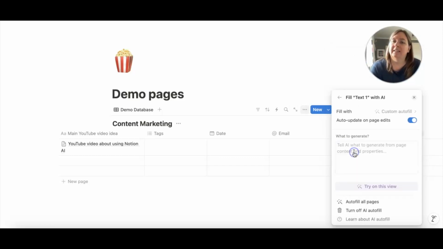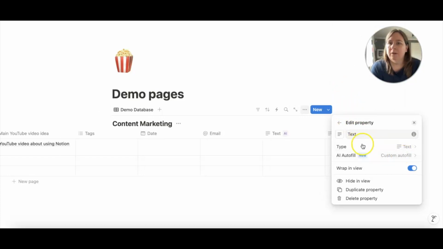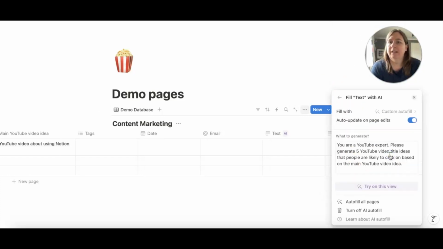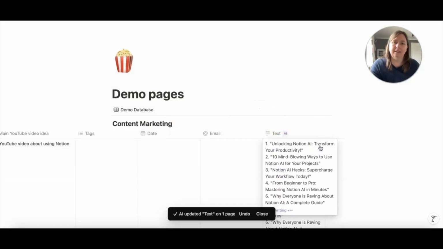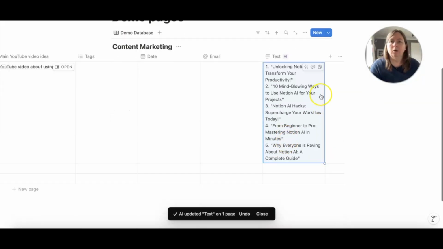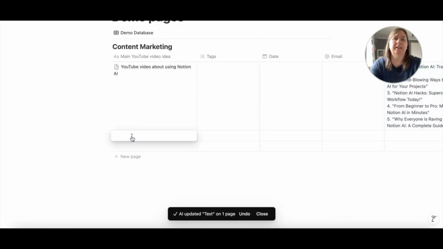So I've selected AI autofill for this, but I'm going to go in here to edit, show you what I did. So I've got this set up as AI autofill, and if I click on it, you can see what my autofill is. So it says, you are a YouTube expert, please generate 5 YouTube video title ideas that people are likely to click on based on the main YouTube video idea. Hopefully that makes sense. So if I click on this little magic wand, it should update it based on what I input in here. Now let's say I want to come up with a different YouTube title idea